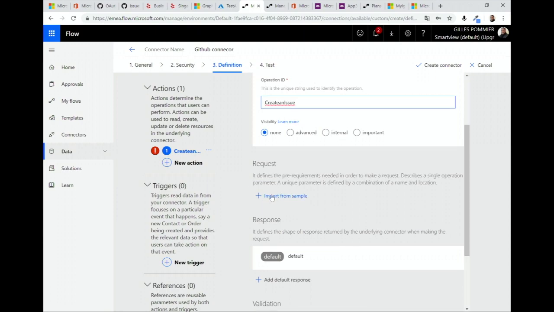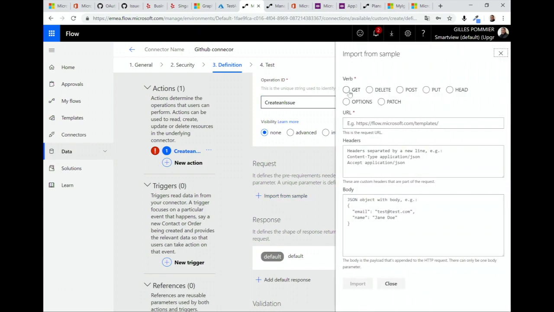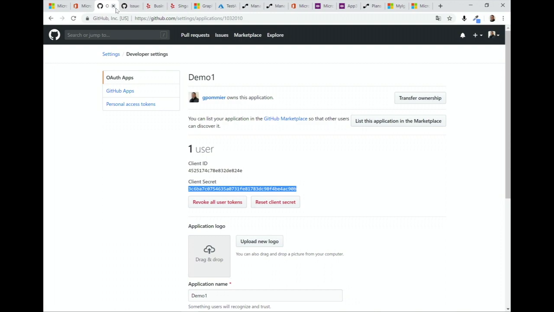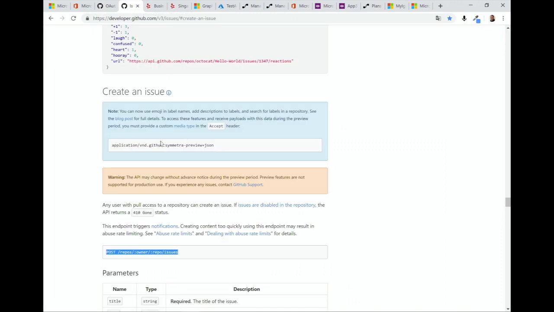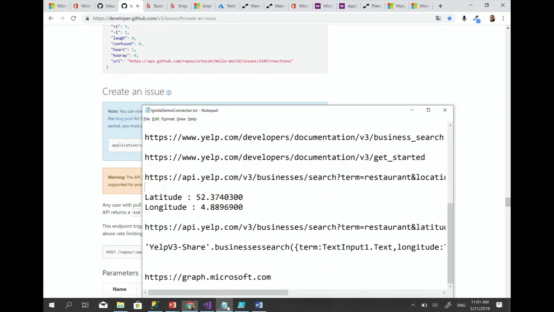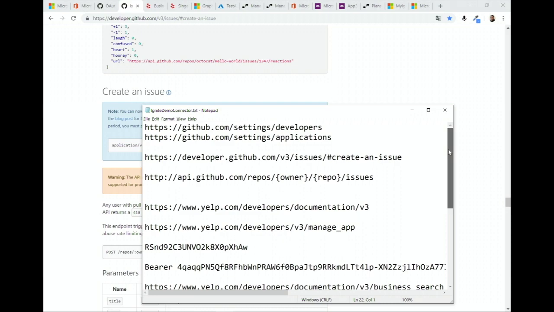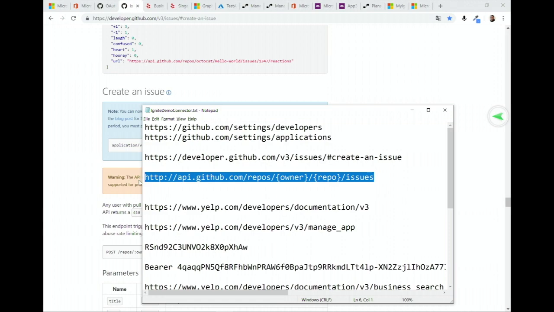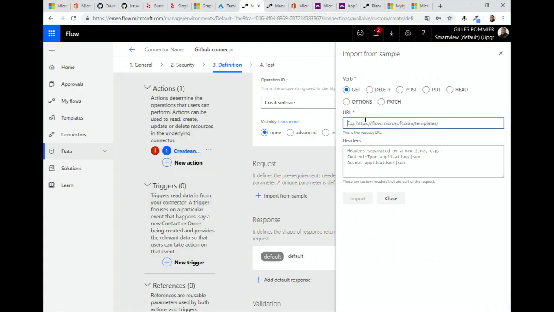And what is important is I have to provide a request and a response. So for the request, I can import a sample, and the sample will be a get. And you see that my get will be the get with this format, like this, with the different parameters, like this.